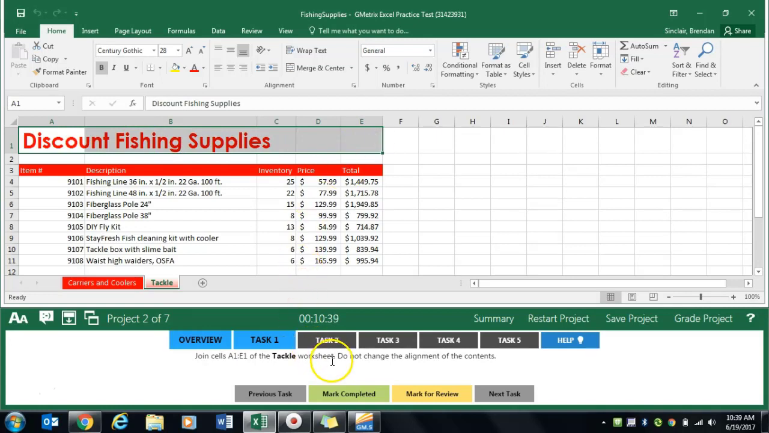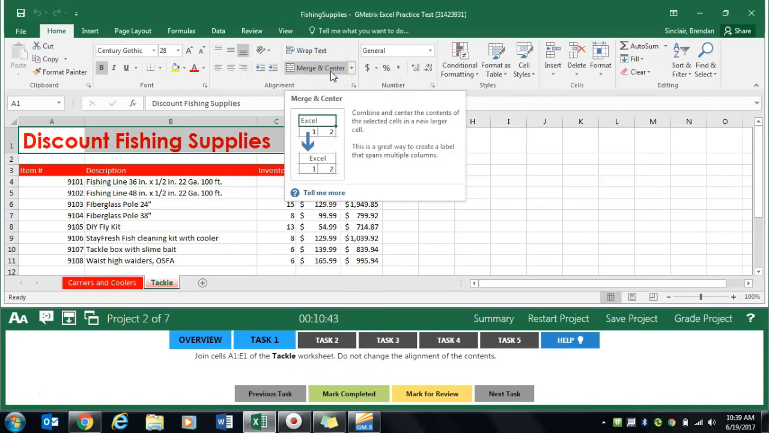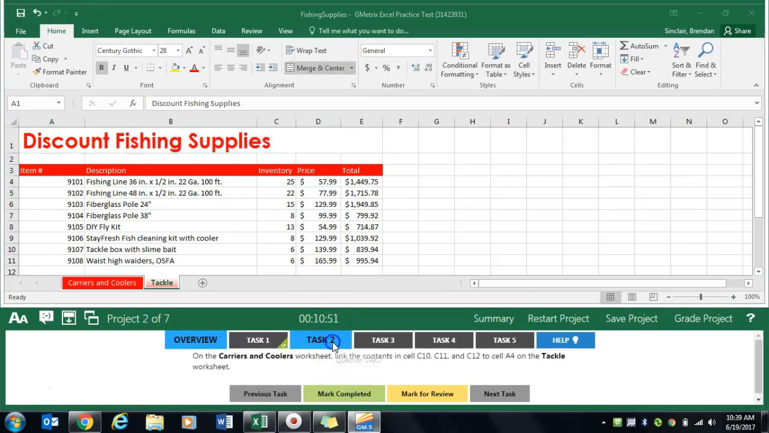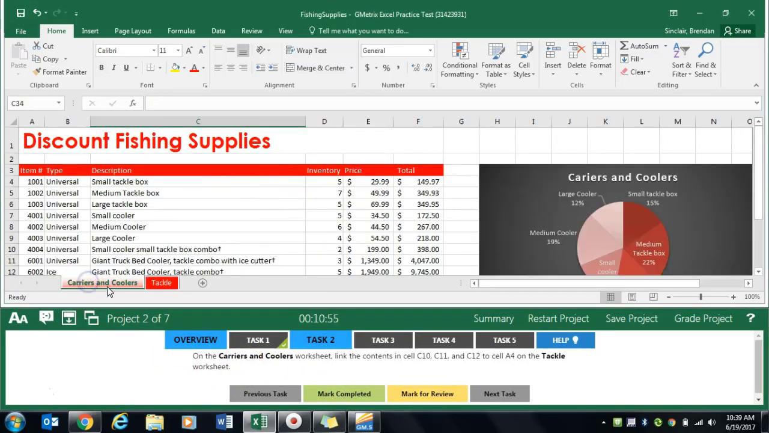Now, this one's a little bit tricky. If you're not thinking, you'll just automatically click merge and center, but that's not what this step wants you to do. It wants you to click this little drop down box and click merge across. Click mark completed. Task 2 asks us to go to the carriers and coolers worksheet, and it says that we